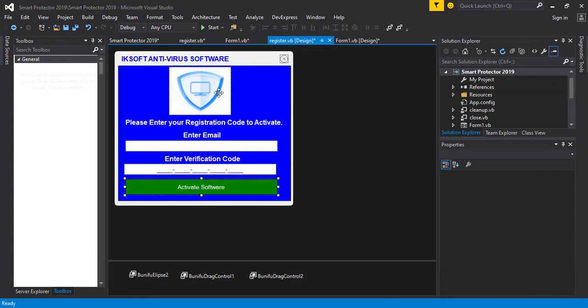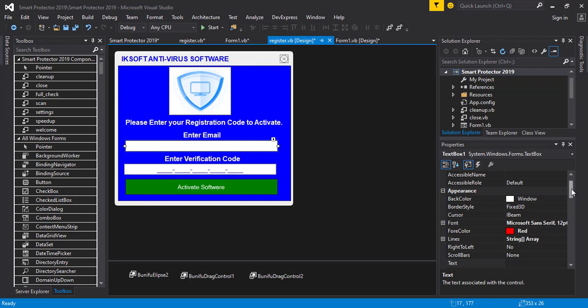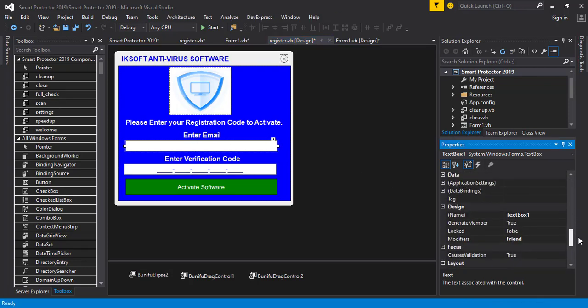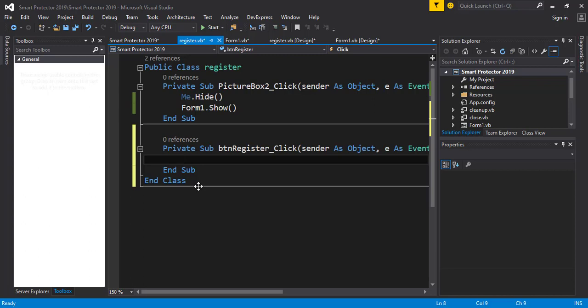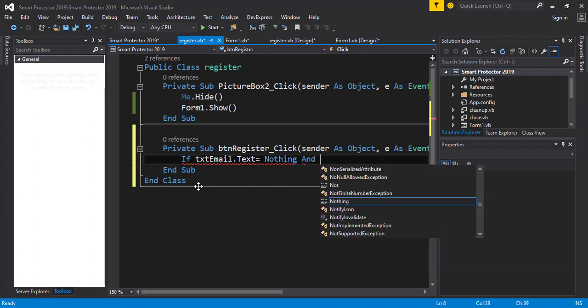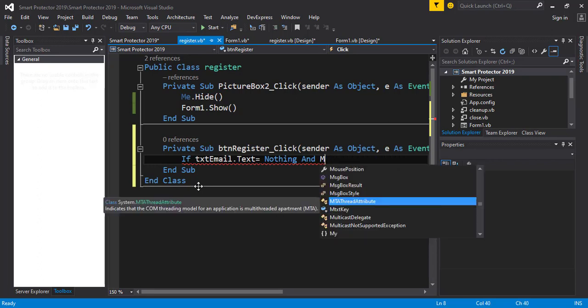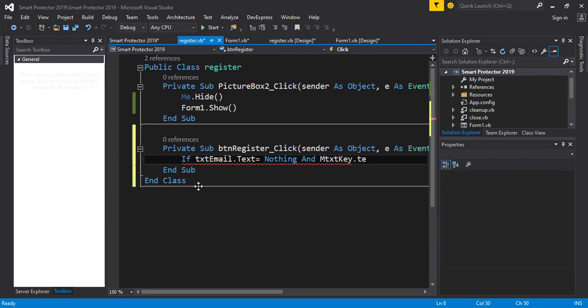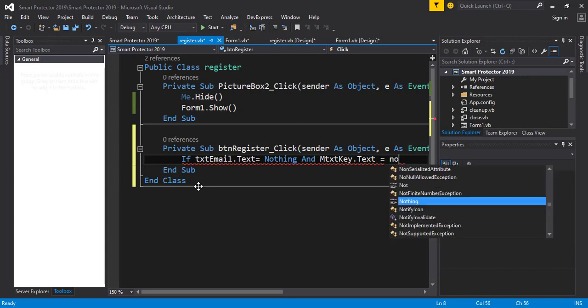But before we restrict it, I will quickly rename these text boxes. This text box is going to be txt email, and this one is going to be mtxt key. Now on this activation key, what I'm going to say is: if txt email.text equals nothing and mtxt key.text equals nothing as well,